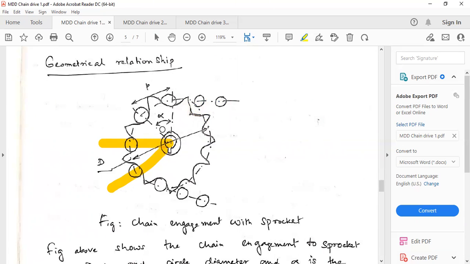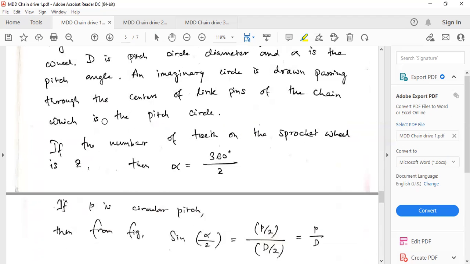Here also, between this line and this line, we have the pitch angle. An imaginary circle is drawn passing through the centers of the link pins of the chain, which is the pitch